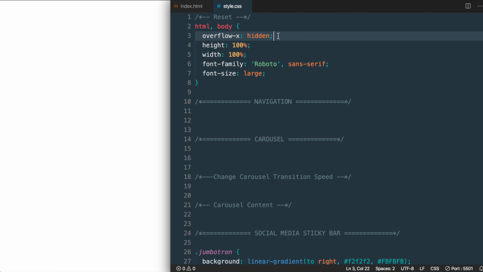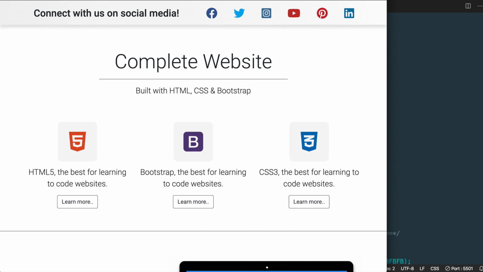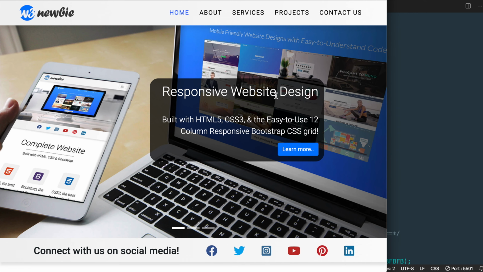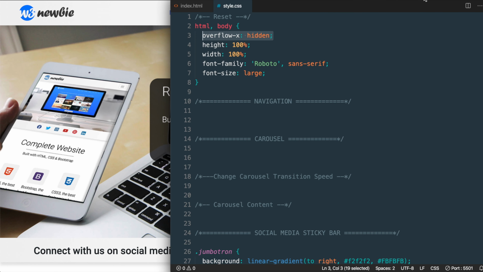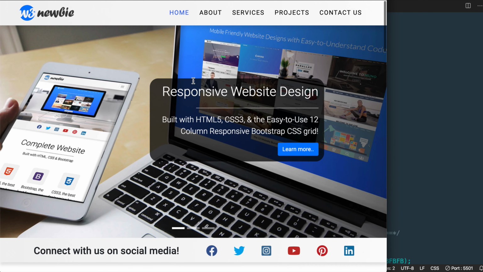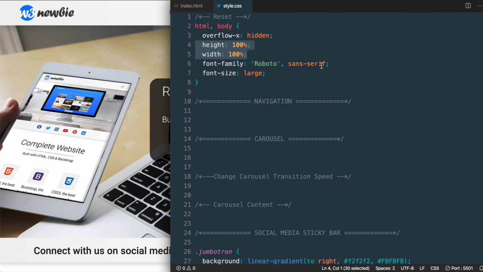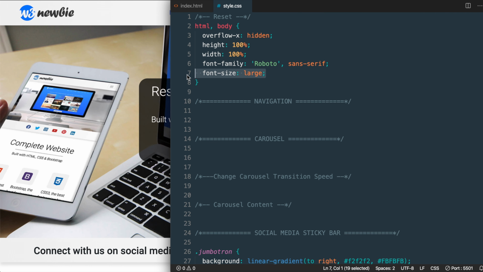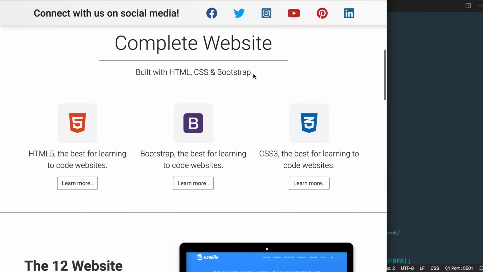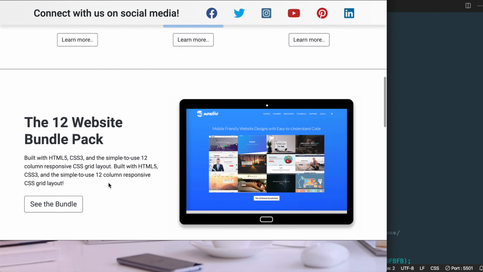Then we have the style declaration overflow-x hidden for the x or horizontal axis, so we don't have any elements displaying outside of the body. Then we'll also have our height and width set to 100%, which is always good to include when we're adding sticky elements. Then we have our font family set to the Google font Roboto, which we saw in index.html, followed by font size large, which is going to take our regular font size of 16 pixels in Google Chrome up